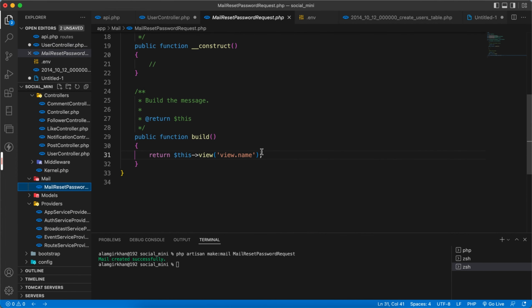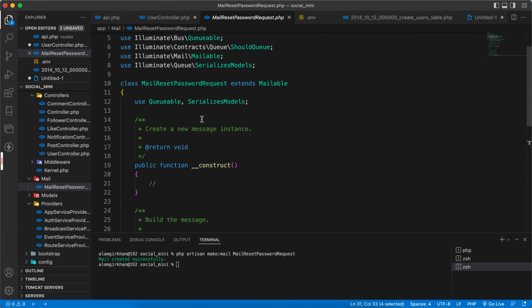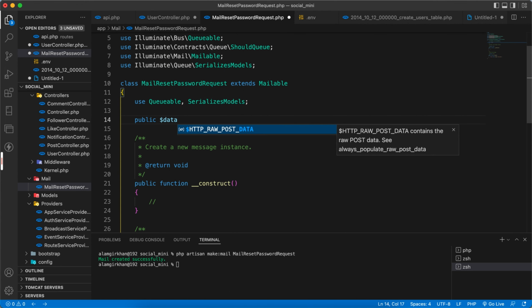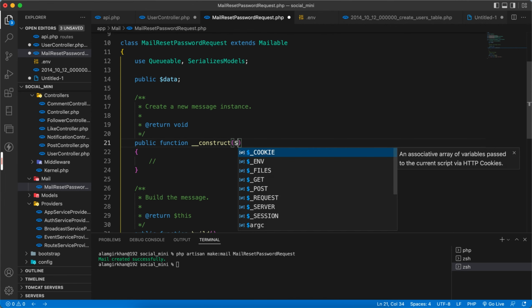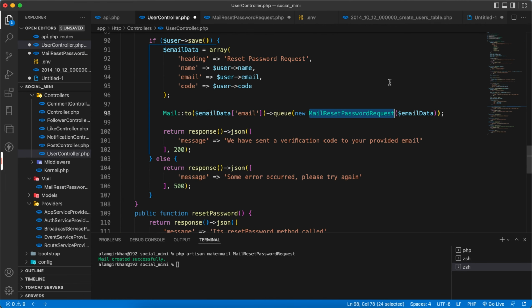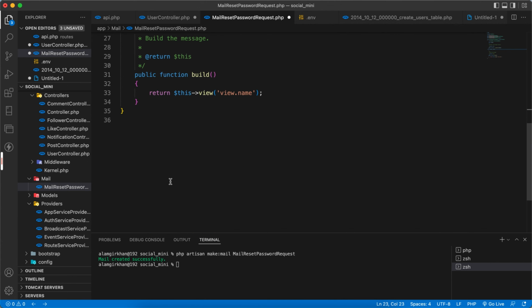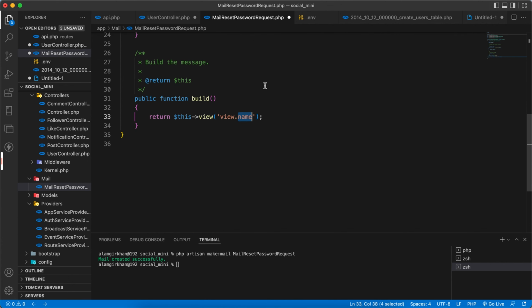Okay, now first of all, let's use public $data, and inside the constructor we will get the data, which is this one, and then we will assign the data we are getting from here,